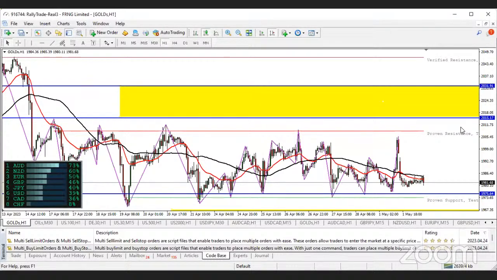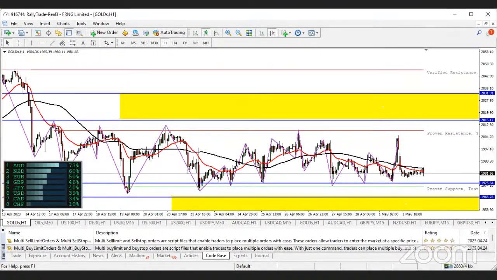Anywhere around that zone, you would see a clear confirmation candle, then you can look forward to entering a buy trade. And if you also take a very good look, you can see those points are verified support and verified resistance. And I mentioned it earlier that gold has been trading between a horizontal channel. And that's the channel I marked here.